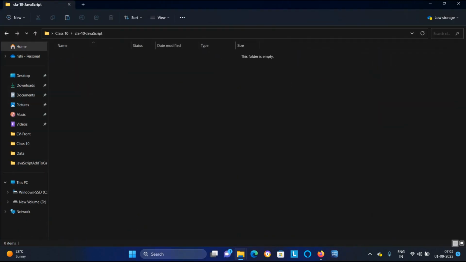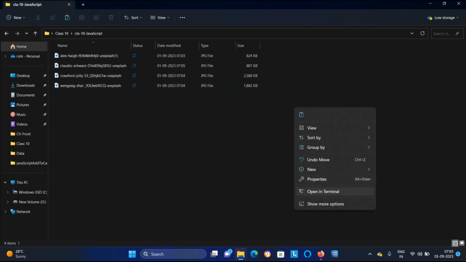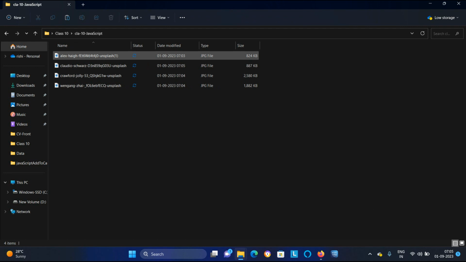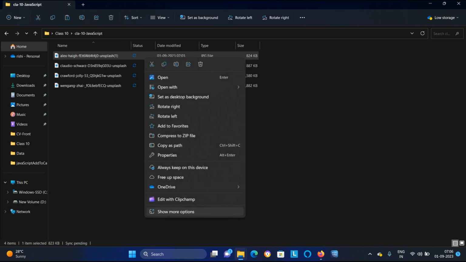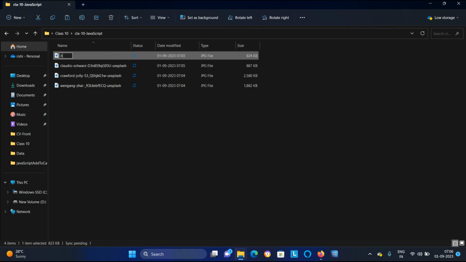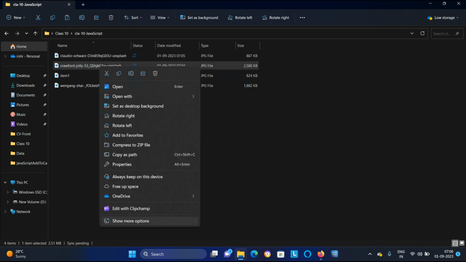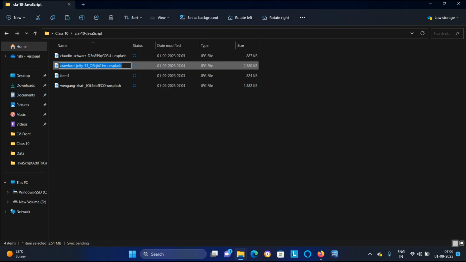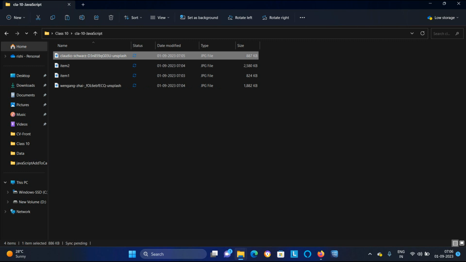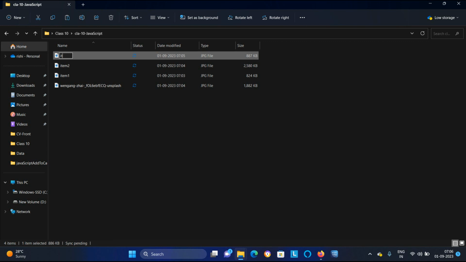Right now it is empty, just paste here and rename these as well. I am renaming it as item 1. Rename this as item 2. Rename this as well, item 3.